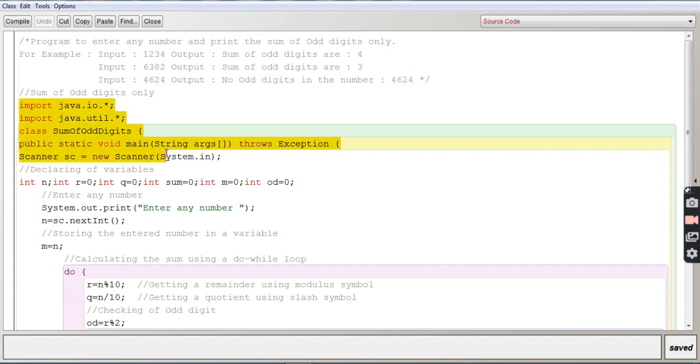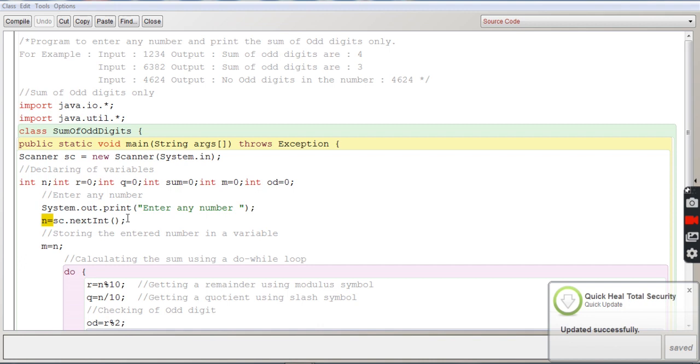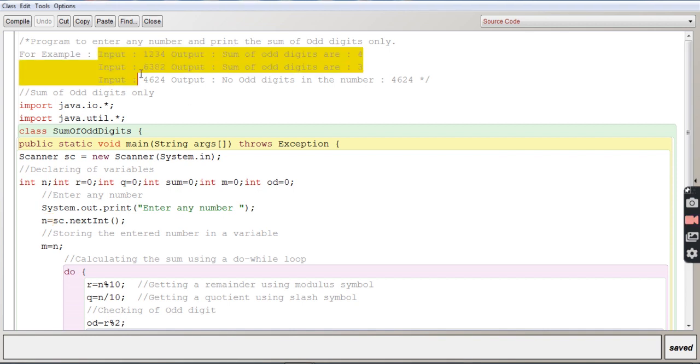For that you need the common lines and you need to have some variables in the program. So we have declared them over here and you are asked to enter a number. Enter a number: n is the variable where we are going to enter the number. Any number we enter, as I have shown you in the example on the top, let us say we take 1234. Once you have taken it, I am storing that number in M now. So M will also get the number 1234.